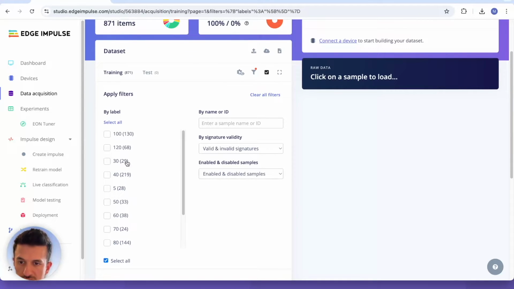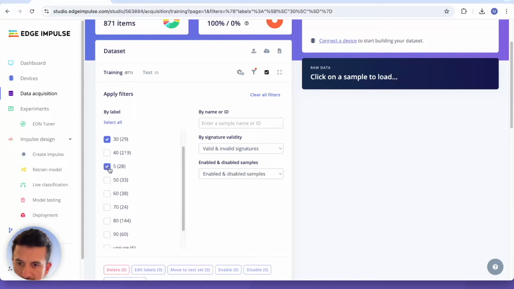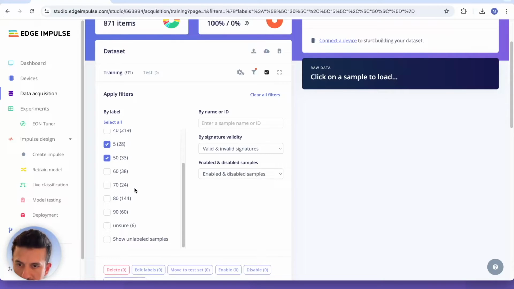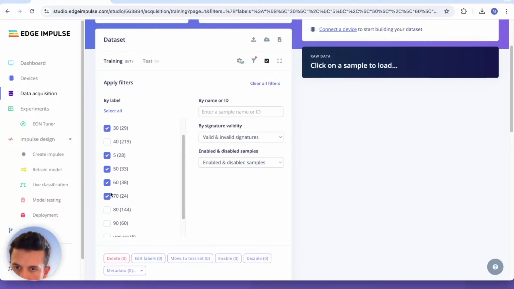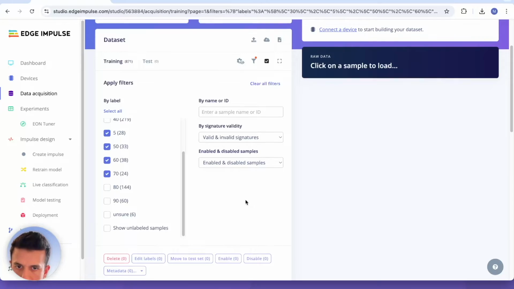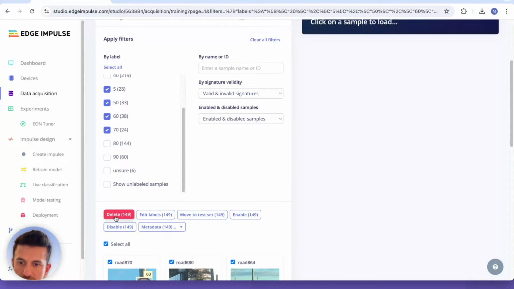So let's just get rid of anything that has little data in there. Yeah, so if I delete all of these,